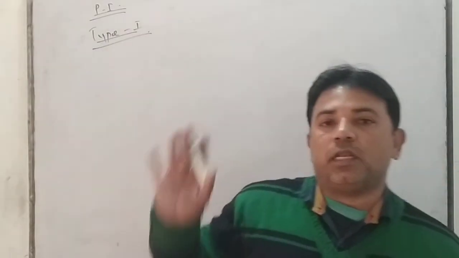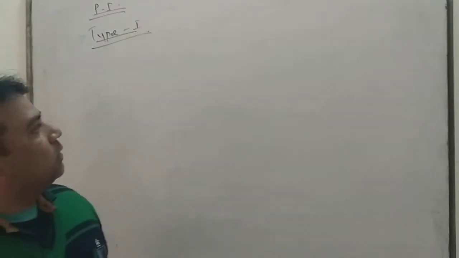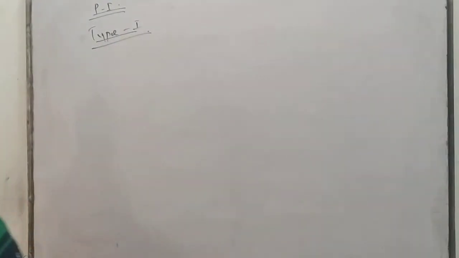Now we discuss how to find the PI, the particular integral. The process is similar to that for differential equations, applied to partial differential equations. There are 6 types of PI. Here you also know the 6 types of PI. We discuss them for partial differential equations. Type first.